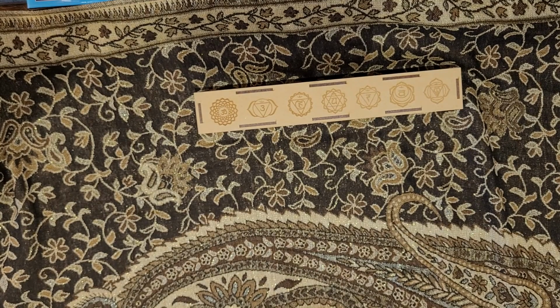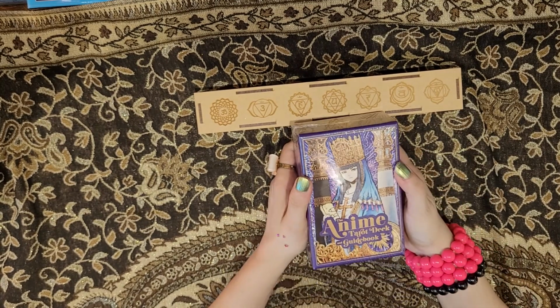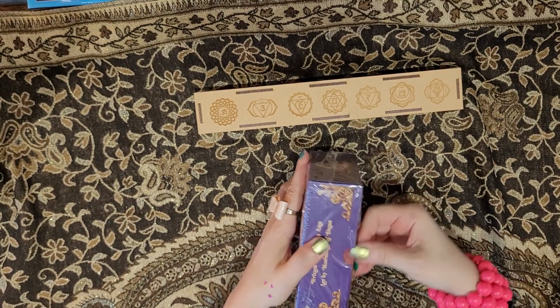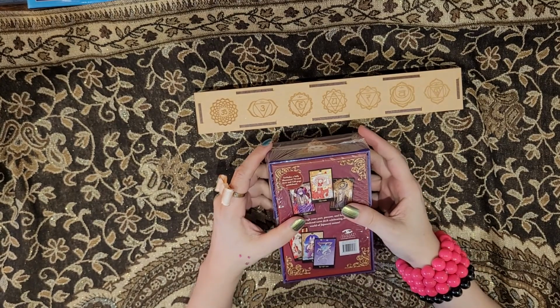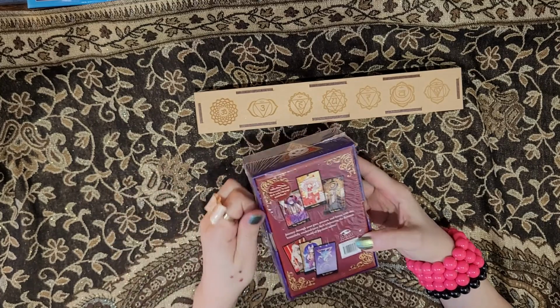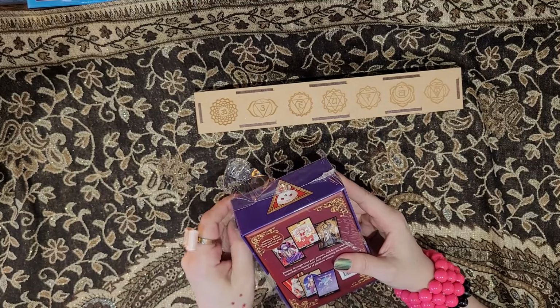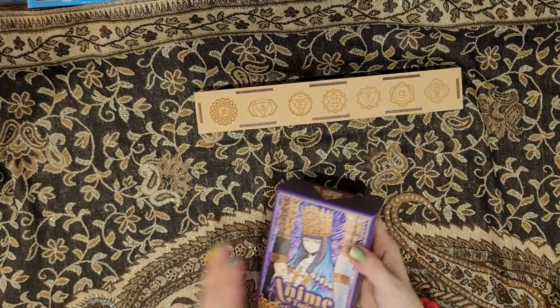Okay, last one is this, the Anime Tarot deck, and I kind of just chanced it with these ones because I thought they were cute, but they're $33.99 Canadian and $24.99 US, and it says 78 card deck and 128 page book. So